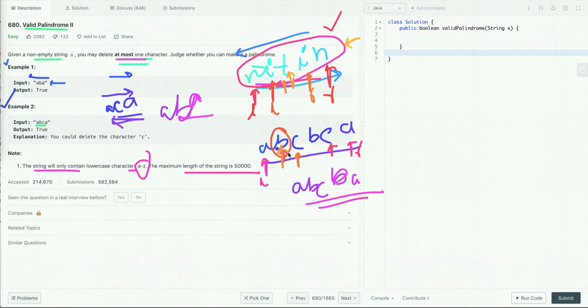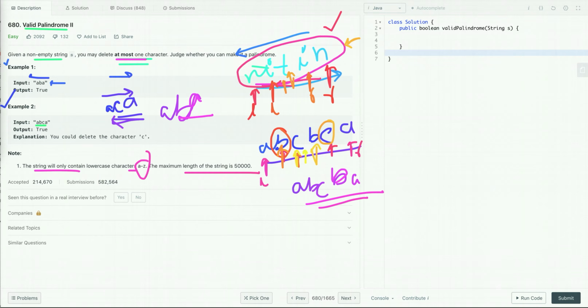So the second choice we have is to keep the left pointer as it is and move the right pointer. So let's delete this character and move the right pointer. Now let's compare the characters. This character B is equal to B. So let's move the left pointer by one step and decrement the right pointer by one step. Again the character is C, which is equal. Now by deleting this character E, we can make this string a palindrome. So this is how we can approach this problem.